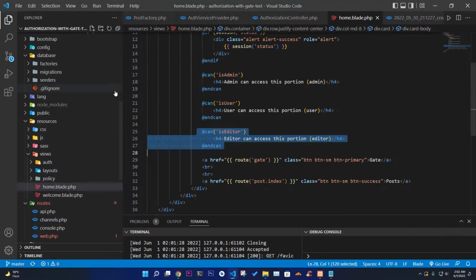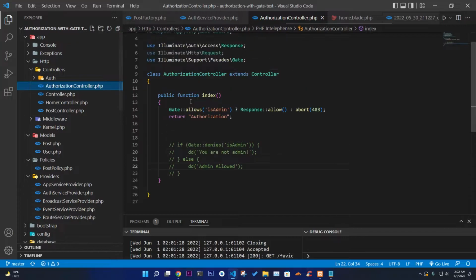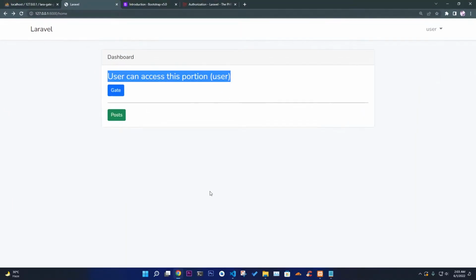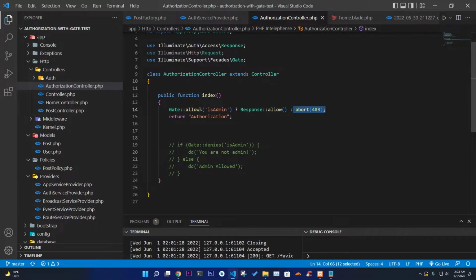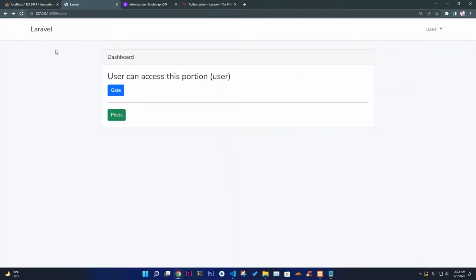So in the controller, if I go to the authorization controller, I see if gate allows admin, if you are an admin, then only you can see this portion, otherwise it will abort and show 400, which is the user gate. This action is unauthorized because this is for the admin. We have to check if admin is allowed. If I write is user here in the controller, if gate allows user, then we're going to show some response and show them authorization. So let me just write it here and go to gate,